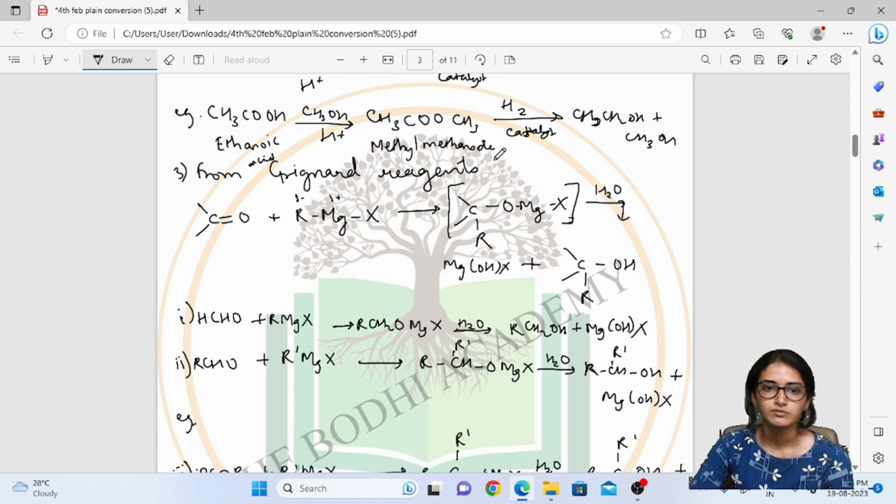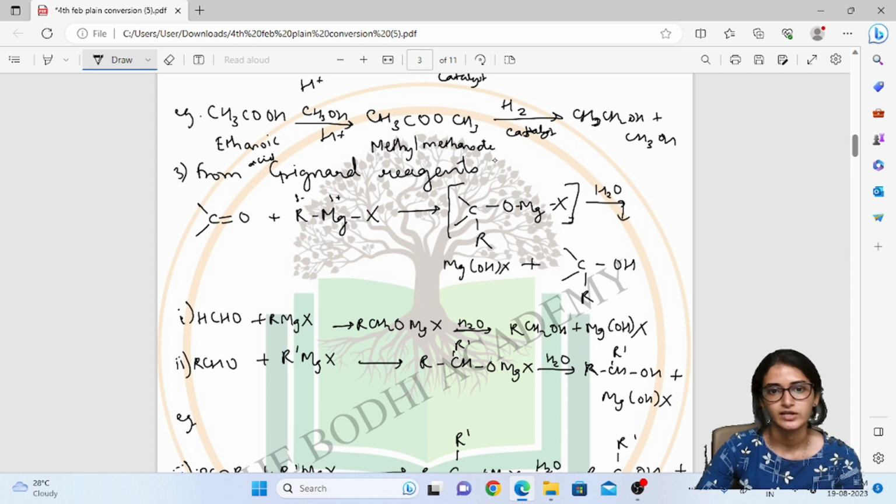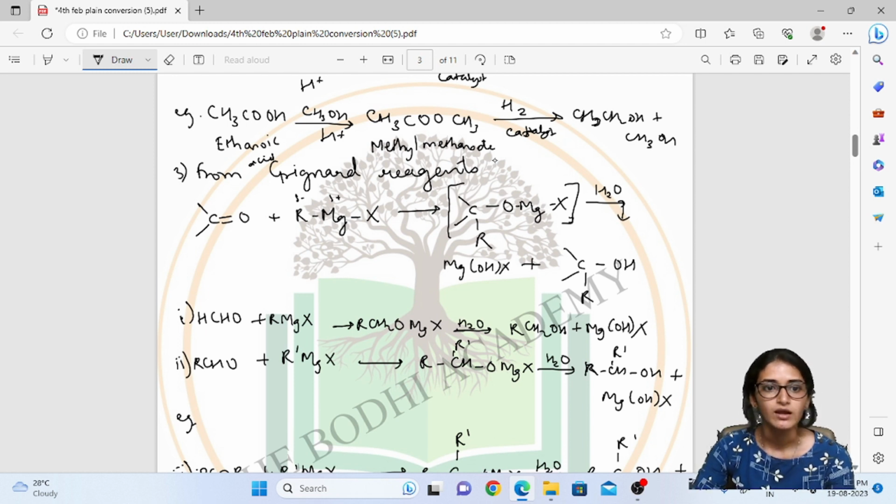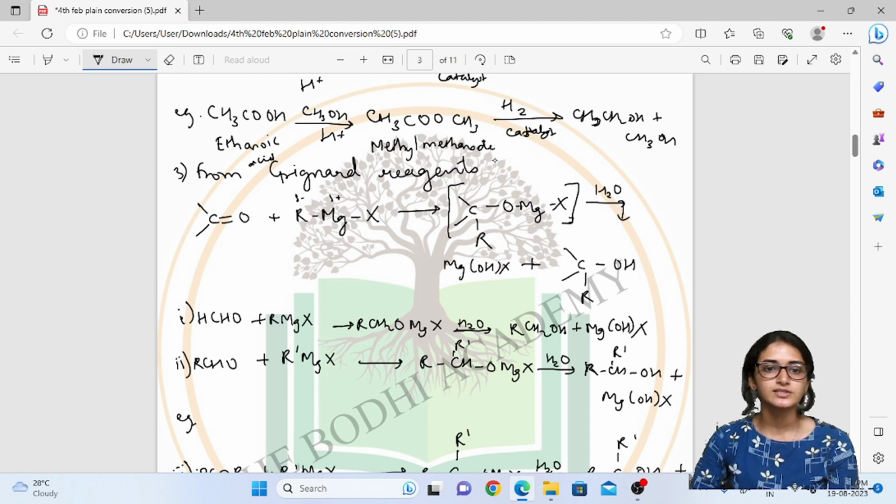Now most of you must know what a Grignard reagent is. It is formed when we combine an alkyl group with a magnesium metal and halide. When a ketone is reacted with Grignard reagent, it will give us one adduct. Adduct means the addition product. Now the Grignard reagent has an alkyl group along with a metal. Since the metal is more positive, because the metal has a tendency to lose electrons easily,